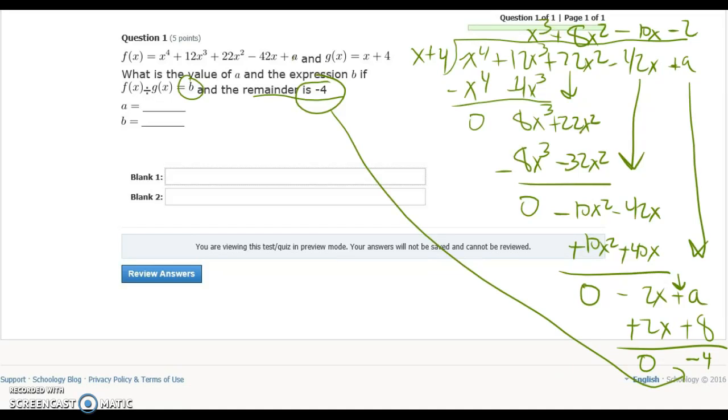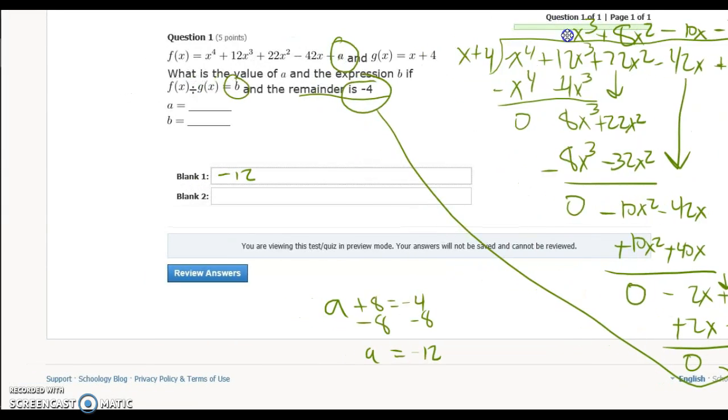So what value of a plus 8 gives me -4? And that answer is going to be -12. So -12 plus 8 is -4. And you can set that up as a one-step equation. A plus 8 equals -4. Okay, well, let me subtract 8 from both sides. A is going to equal -12. Either way is fine. But the idea here is our A is -12, and our B is still this exact